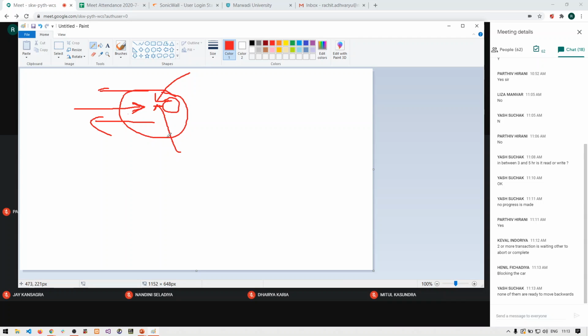So this condition is known as deadlock, or we can call it a traffic jam, but a traffic jam in terms of database we call a deadlock. So this is what a deadlock is. That means none of the components will be able to perform its task, because maybe it is acquired by some other component.